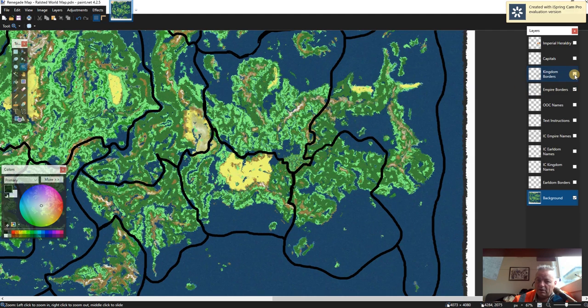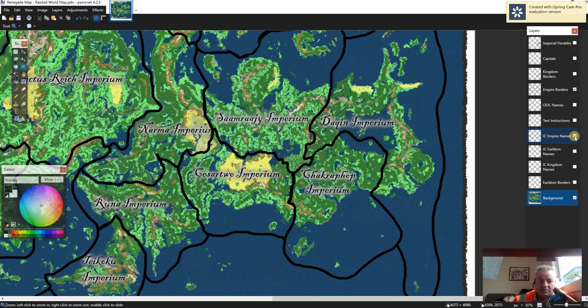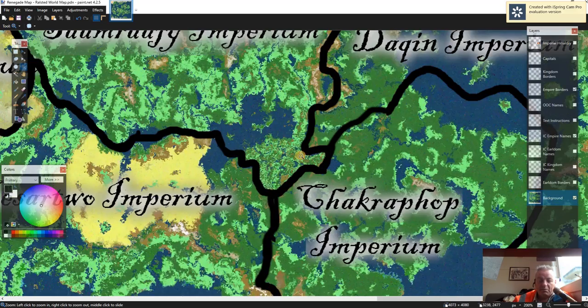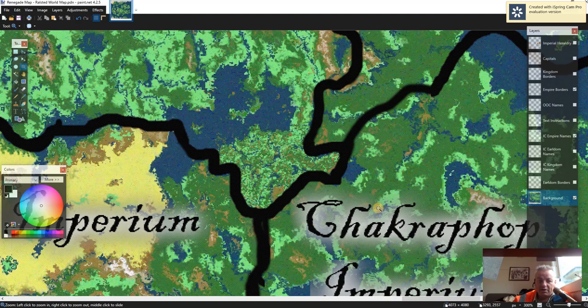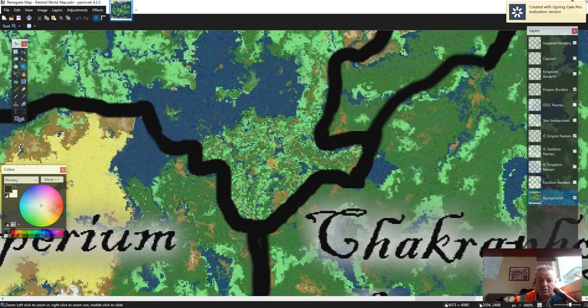Now, the empire names are a different level, on a different layer, sorry. And so the 4 primary empires are Samarajay, Daquin, Chaklapop, and the Caesar-Tu. Now those empires are basically bordering on here, and the story will involve these 4 empires trying to lay claim